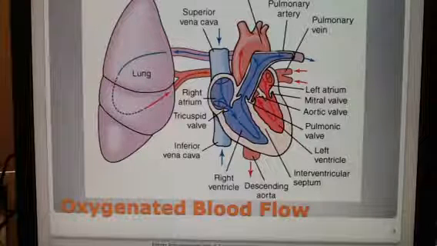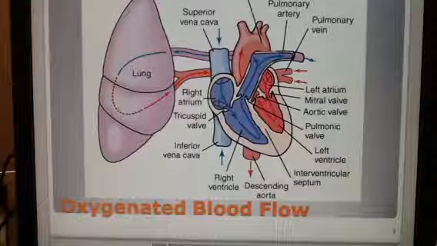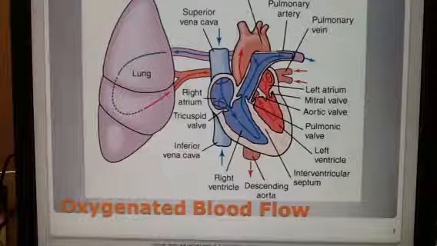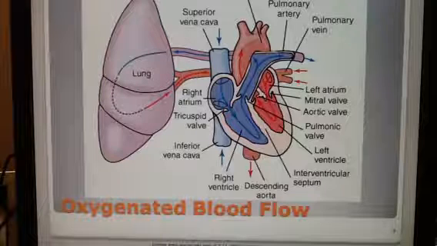Pulmonary involves the lungs and the blood being oxygenated. Systemic involves the system and the blood going through the system. There's one other